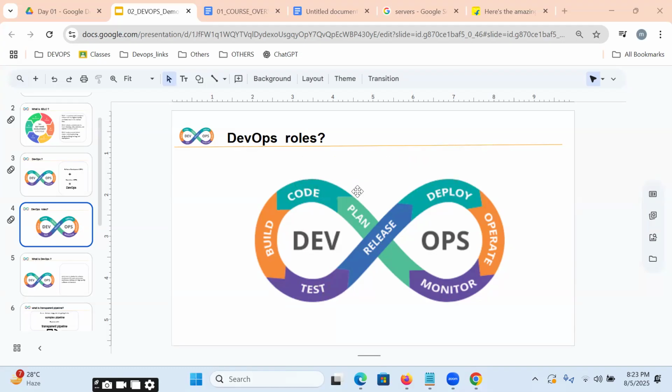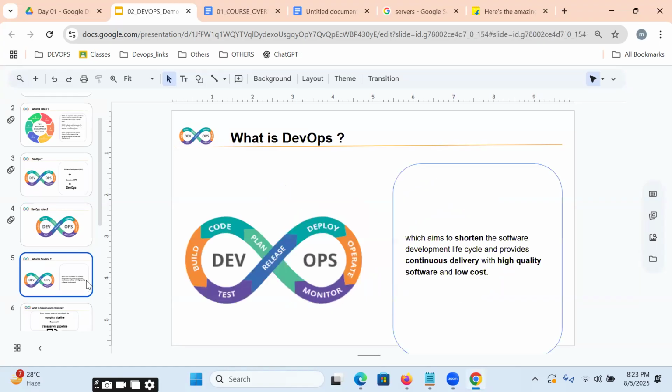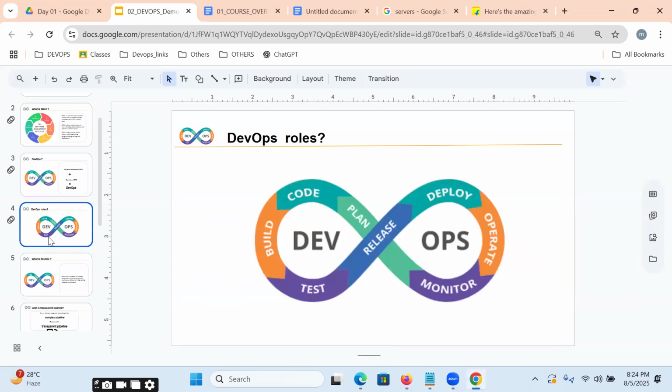While implementing this DevOps transparent pipeline, we follow a set of rules and regulations. DevOps is not a technology like Java, .NET, or Python. It is not a technology.